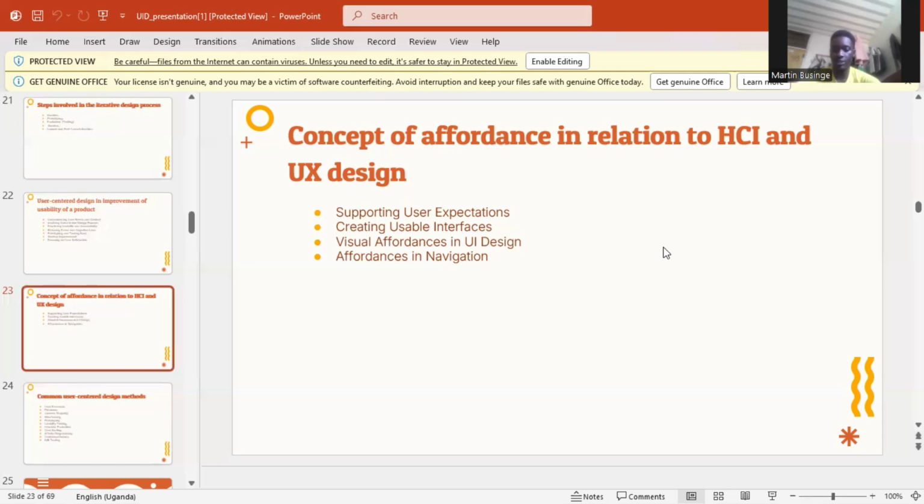Then affordance allows users to complete tasks quickly and also increases satisfaction, in that when a user can interact with the product seamlessly and without confusion, the overall satisfaction with the product improves, and that enhances user engagement and loyalty. Then we move on to the next question, which was asking us to talk about some of the common